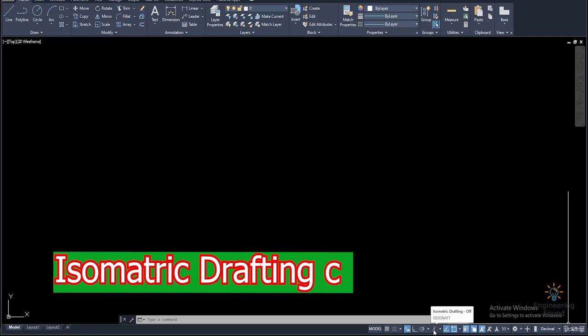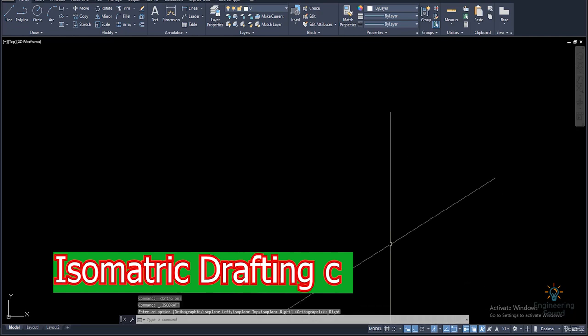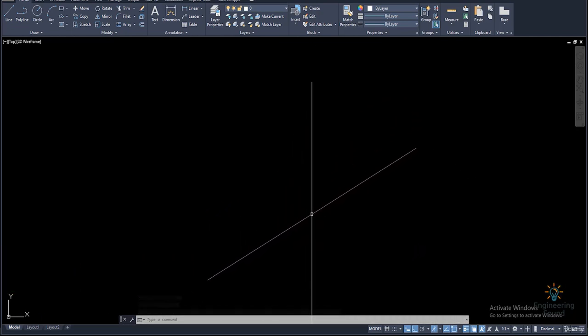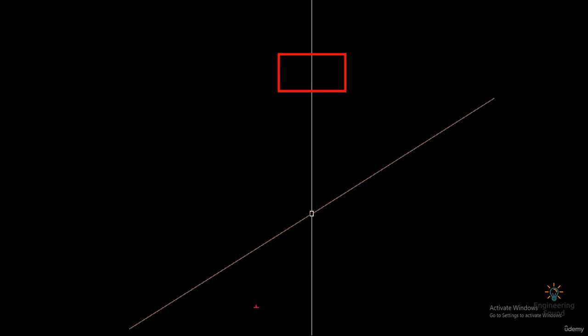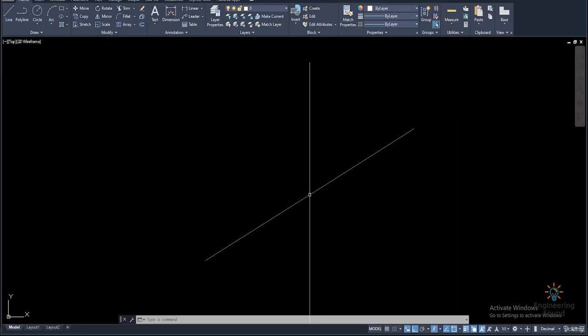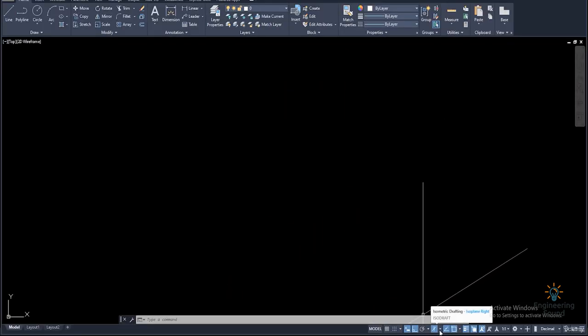Okay, so for which purpose are we going to use this one? Let me turn on the ortho mode and pick this one. With the help of this, we can get the line direction as per this line, or as per this line, and as per this line. And we can change the direction by pressing F5 on our keyboard,